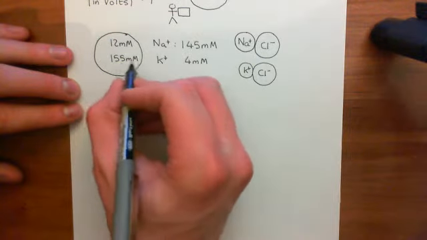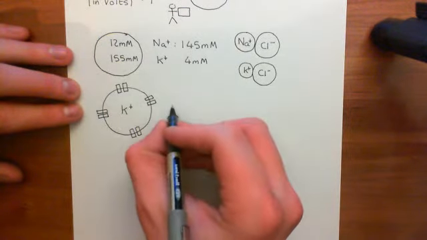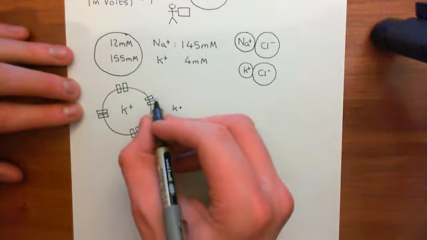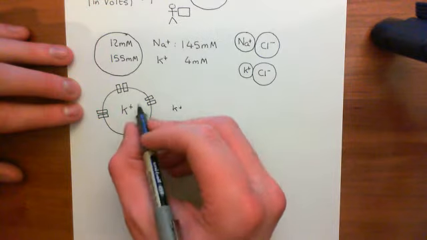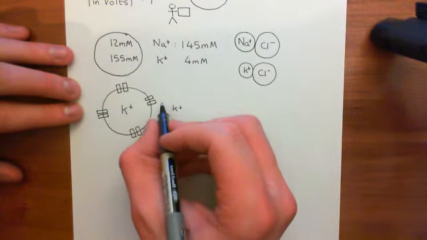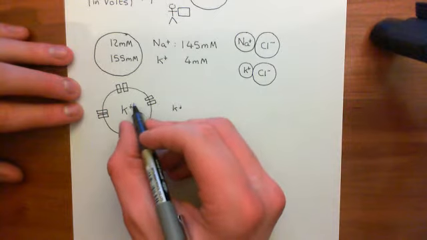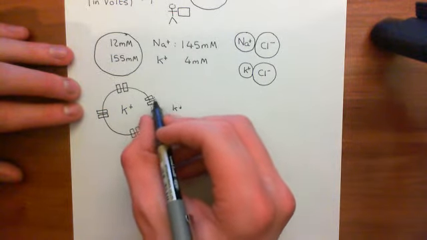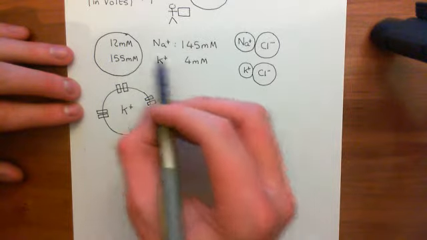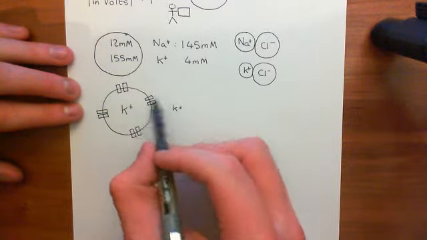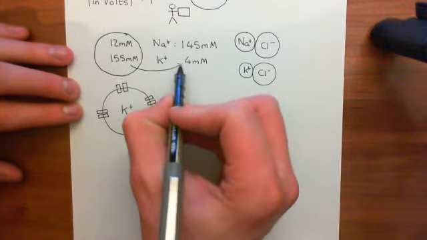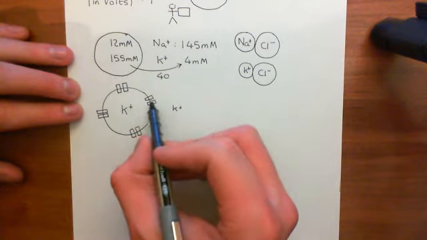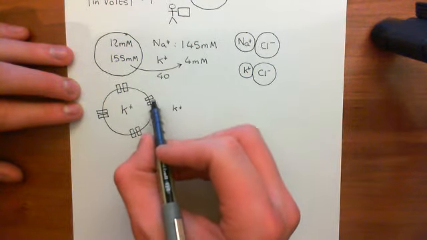Potassium is extremely high inside the cell and much lower outside the cell. Okay, so this means that the concentration gradient is going to mean that there is a net movement of potassium out, simply because the chance of a potassium ion hitting the channel from the inside and going out is much, much higher than the chance of one hitting the outside and going in. This is around a 40-fold gradient favouring the movement out. It's around 40 times more likely that a potassium ion will move out